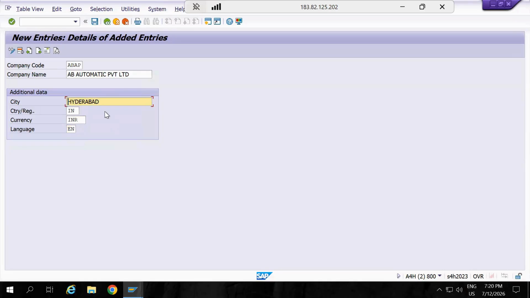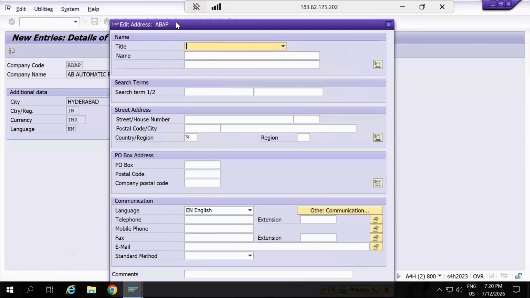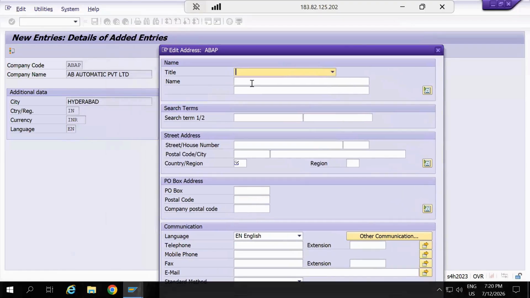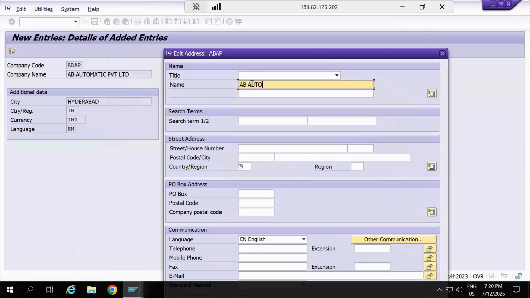So we are going to add the detail address. Save. The system is going to propose the detail address, so I'm going to add the detail address over here. Because your company is a legal entity, you must maintain the legal address of your company so that the purchase order will come from this source. So I'll try to add